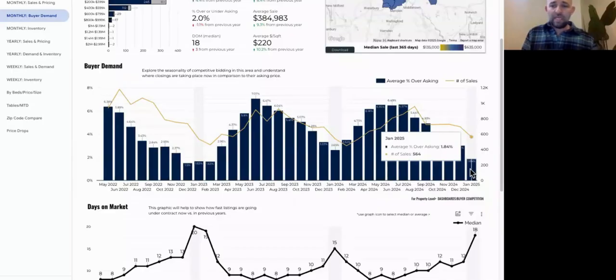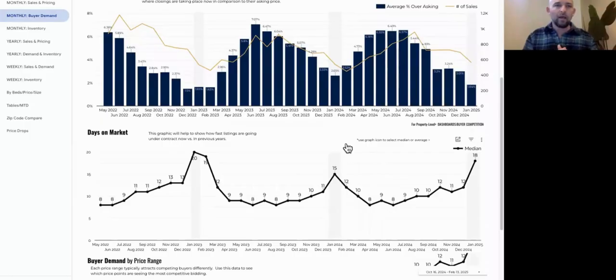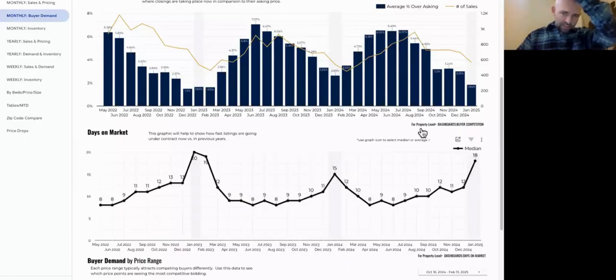But right now, the key thing is over 560 sales last month, you were seeing 1.8% continuously over asking. So the message here is that although pricing is at 335 median, the market is probably going to push that up just based on what we're seeing right here. So that's a nice thing to keep the pulse on for your team. Other thing is, of course, days on market. Seasonality, all of this stuff is just great things to discuss.